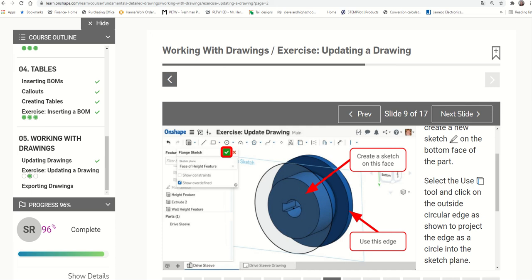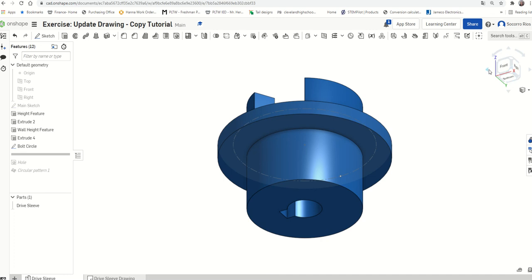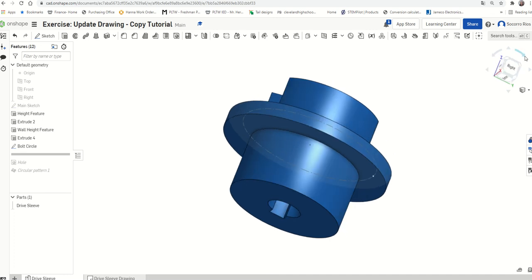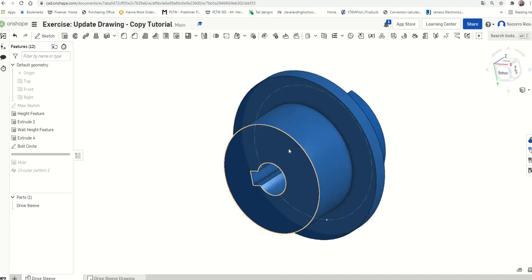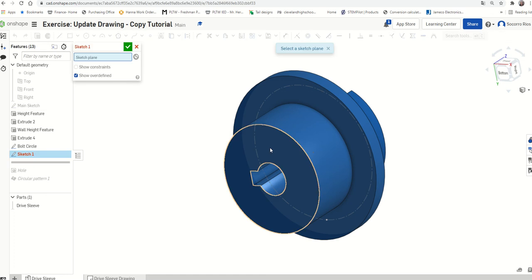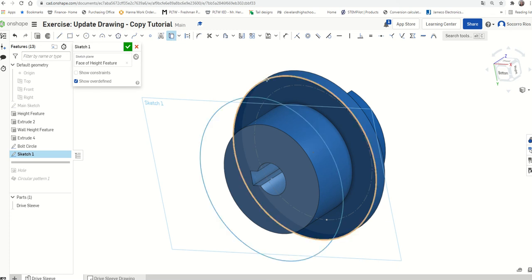All right, so I'm gonna move this one. I'm gonna create a sketch right here. Okay, and then I'm gonna look for the icon, I think it's this one, and I'm gonna select this edge.